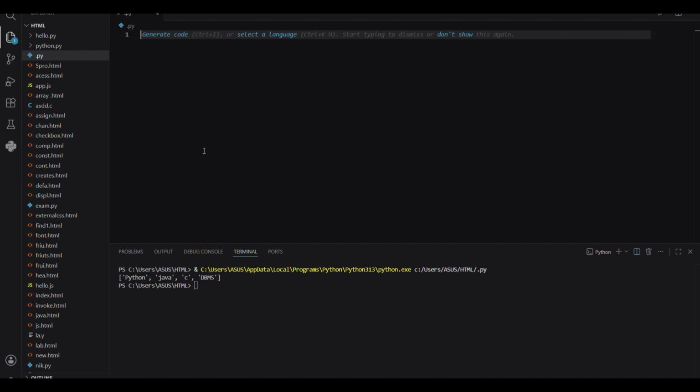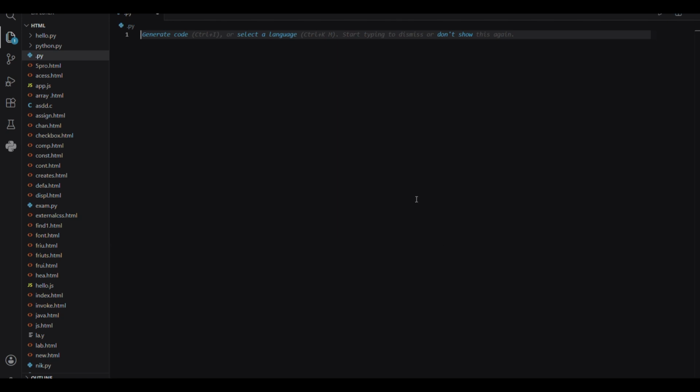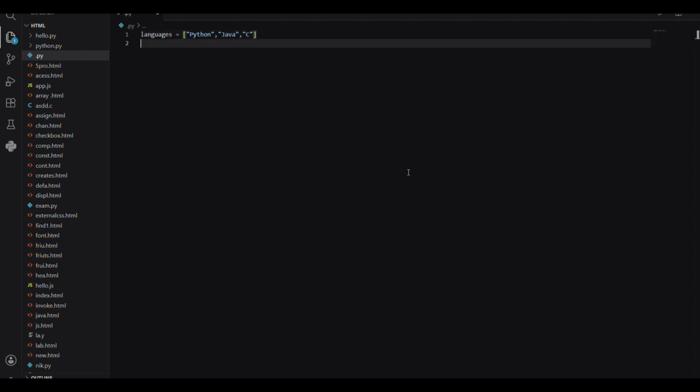Suppose we already have a list. Languages is equal to Python, Java, C. Okay. How can you combine these into one string? Python provides the join method. Okay. Now print